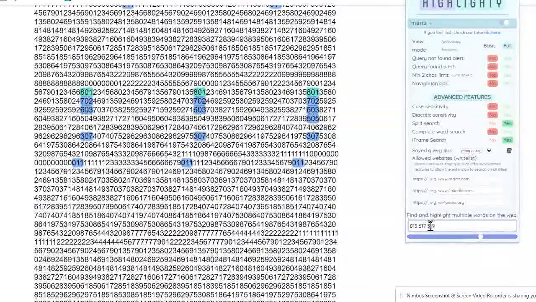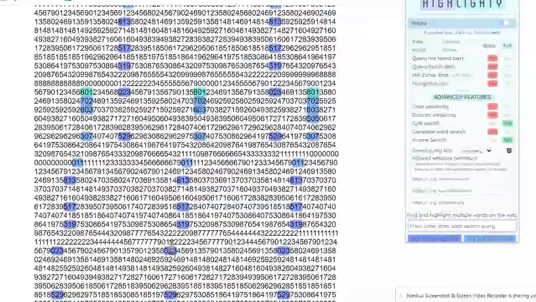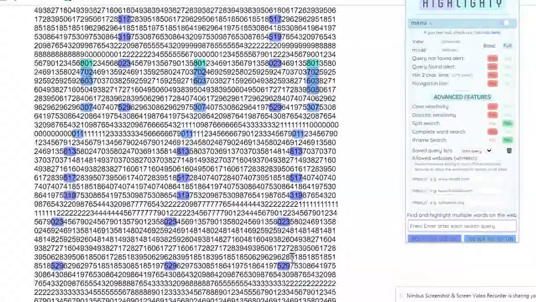And 023 is 23. And 529 is 29. Hit enter. And now you see we've got our pattern extended: 1, 2, 3, 5, 7, 11, 13, 17, 19, 23, and